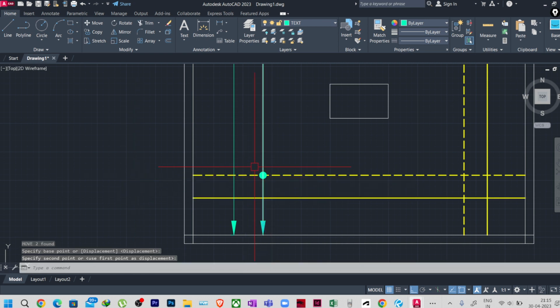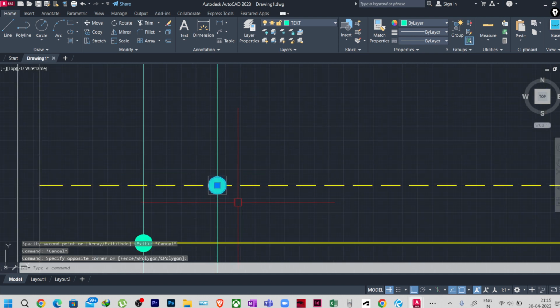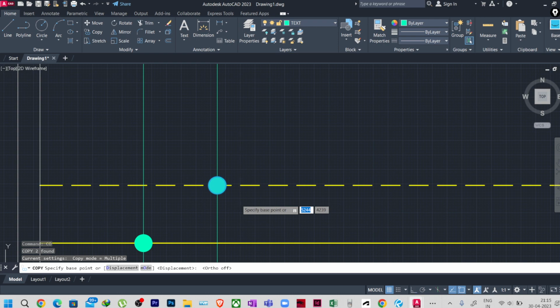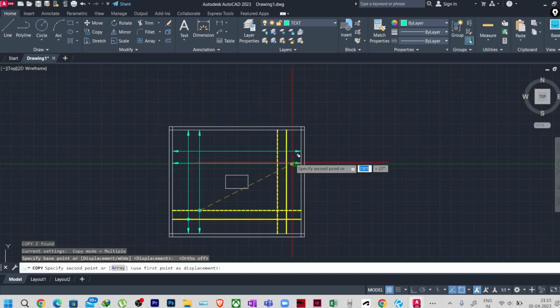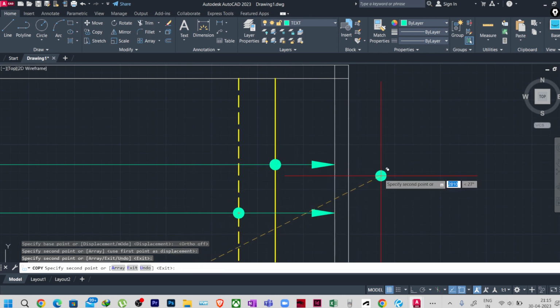One for the top bar. I'll copy this, CO, enter. One for the bottom bar. Similarly, I'll copy this, CO, enter. I'll turn off this F8 orthogonal mode, and I'll copy this one here and one here. Okay,